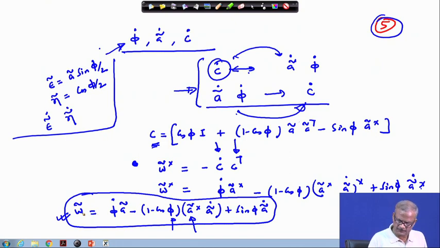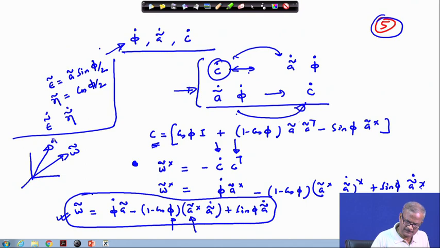Now, if we are looking for rotation about, as we have shown last time, this is my frame, and here this is your omega vector and this is the A vector. The component of omega along the A vector is nothing but our phi dot. So, if we take the component of omega along this direction, this must result.